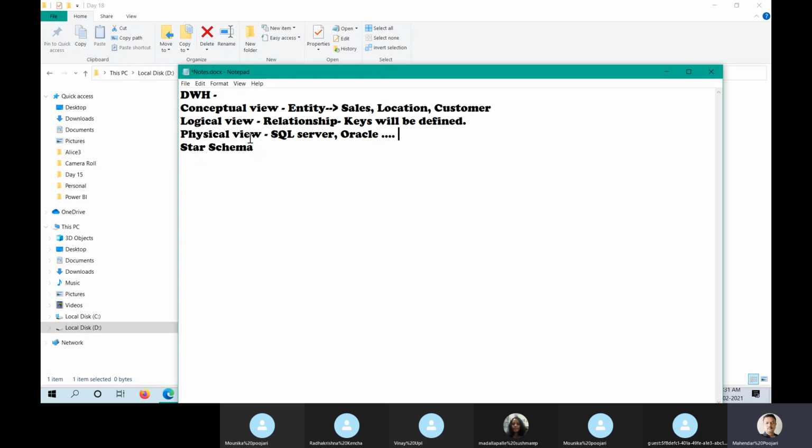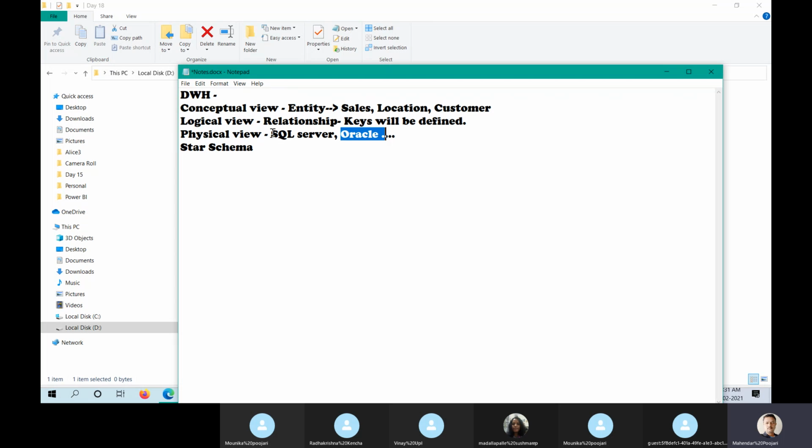Guys, do you understand? The difference is that the physical view depends on the software. When I implement this logical view on SQL Server, it will be different. If I implement it in Oracle, it will be different. If I implement it in Azure, it will be different, because of their advantages or disadvantages. I can tell a story, but if I ask you to repeat it, everybody will tell it in a different way, because of your capabilities. That's how it is.